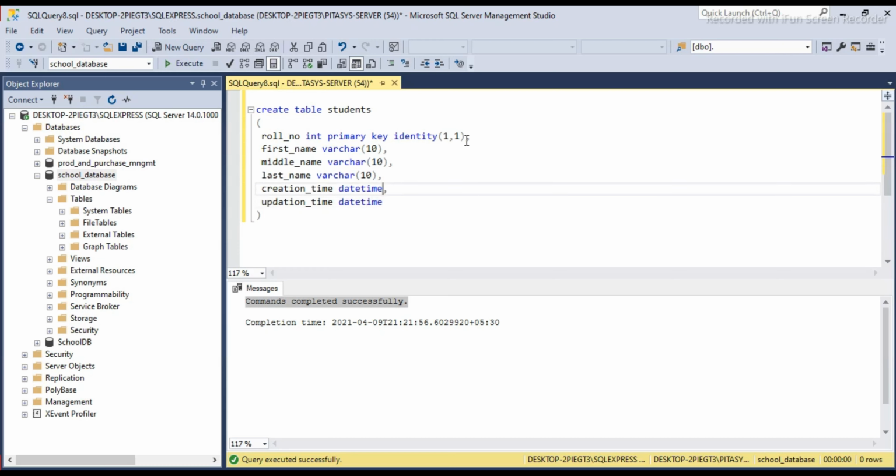We can set creation time default as getdate. It will set the current date if there is no date specified for creation time.